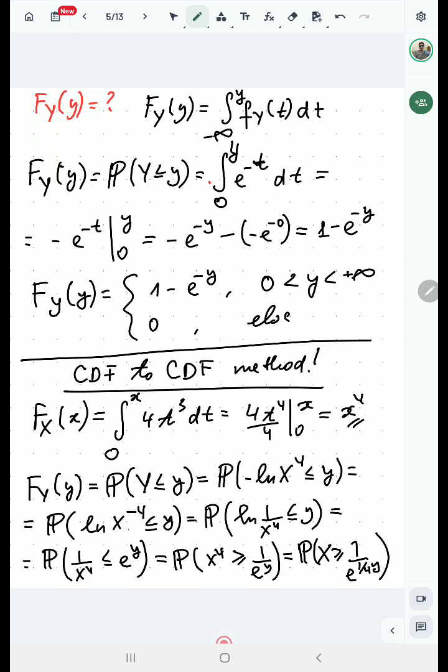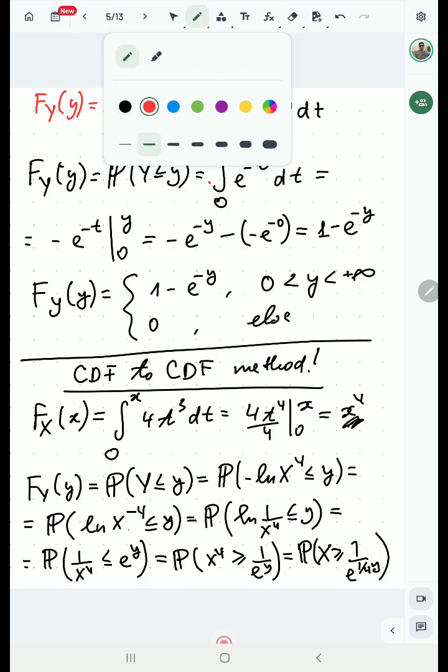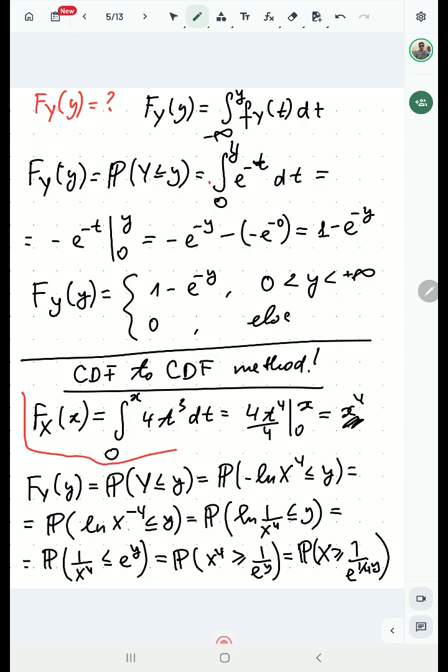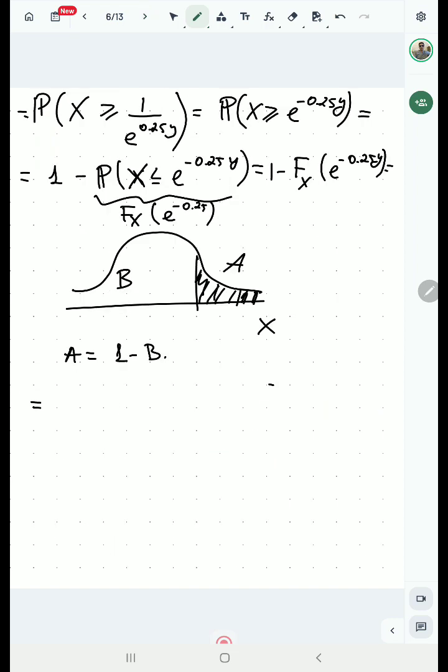What is the CDF of x? The CDF of x is here. So it's basically x to the power 4. Maybe I have to use red color. So it's basically x to the power 4, right? And obviously this is the case when x varies between 0 and 1. So now evaluate this thing at